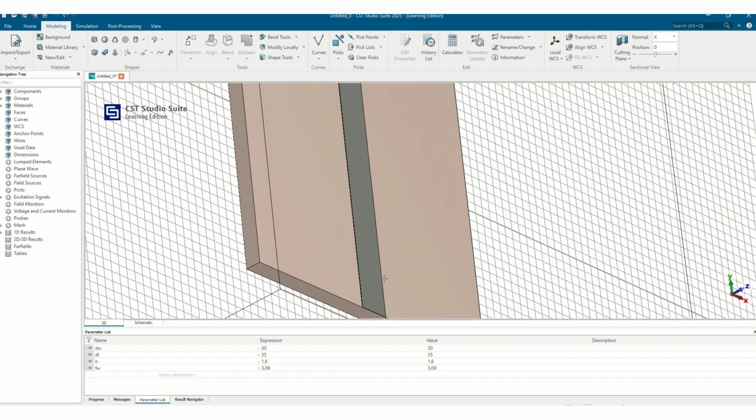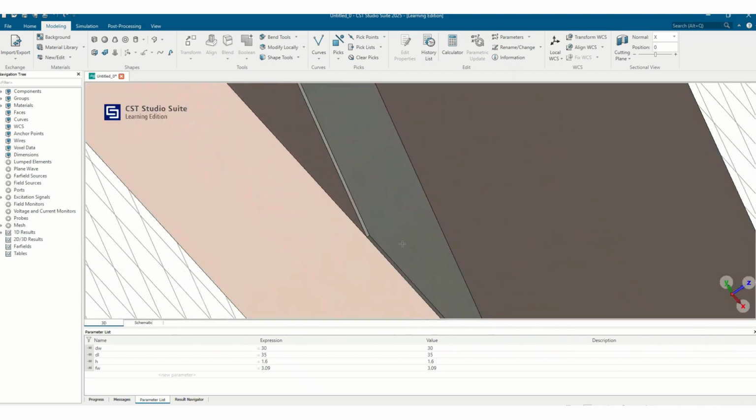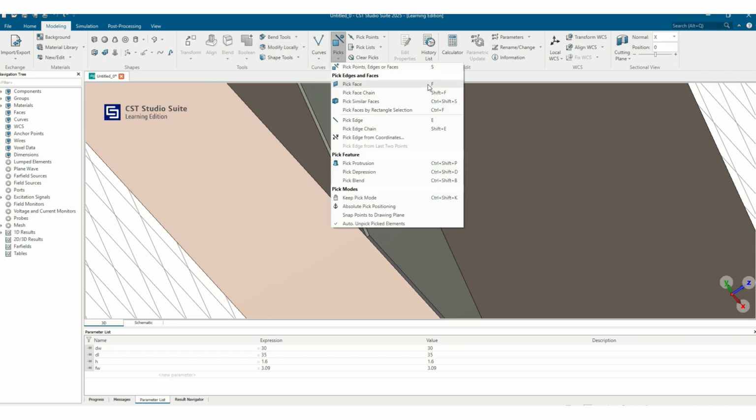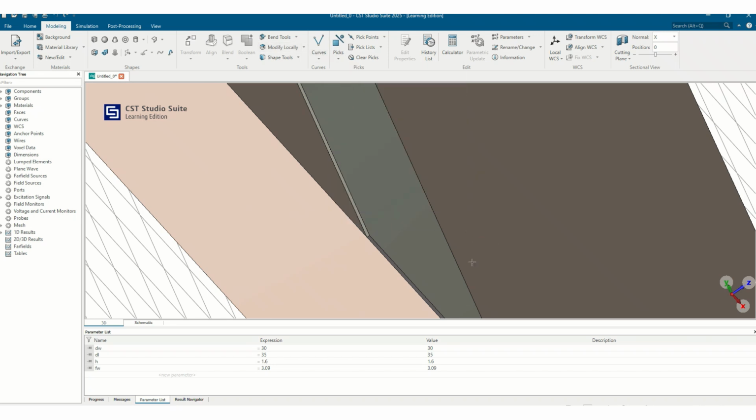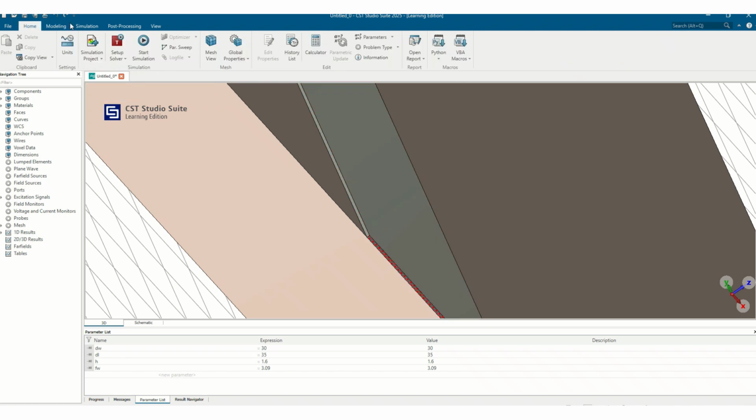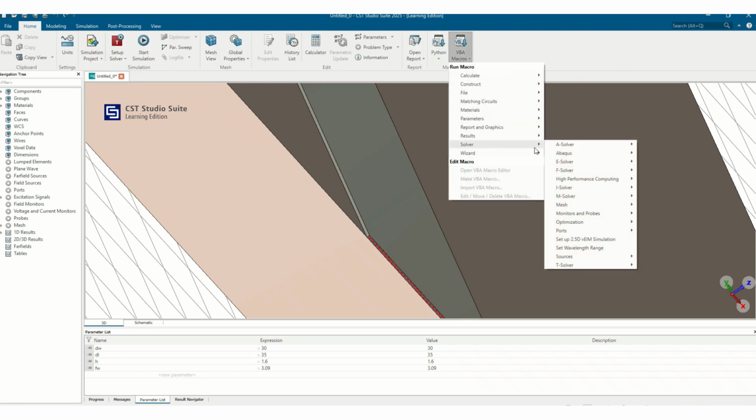So our next aim is to assign the ports. So you can zoom in and you can select the face. For that you can use the option pick face. So F is the shortcut for selecting the face. So if I click F, I can select the face, and for assigning the port it is always better to